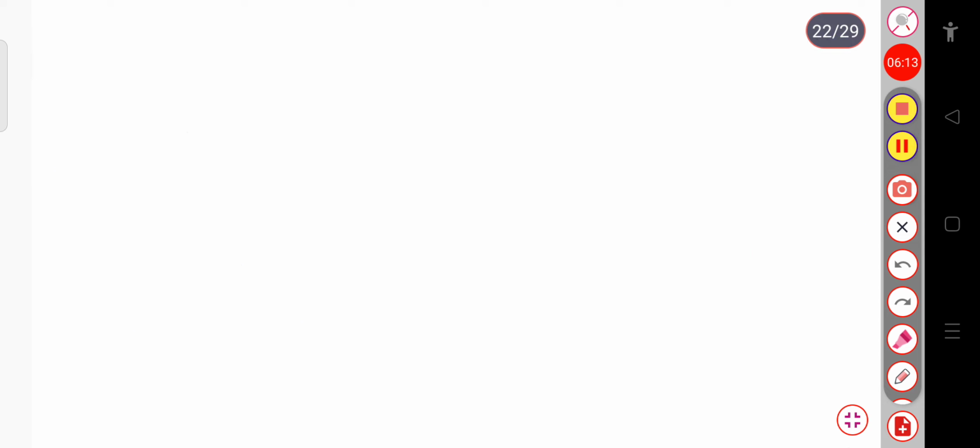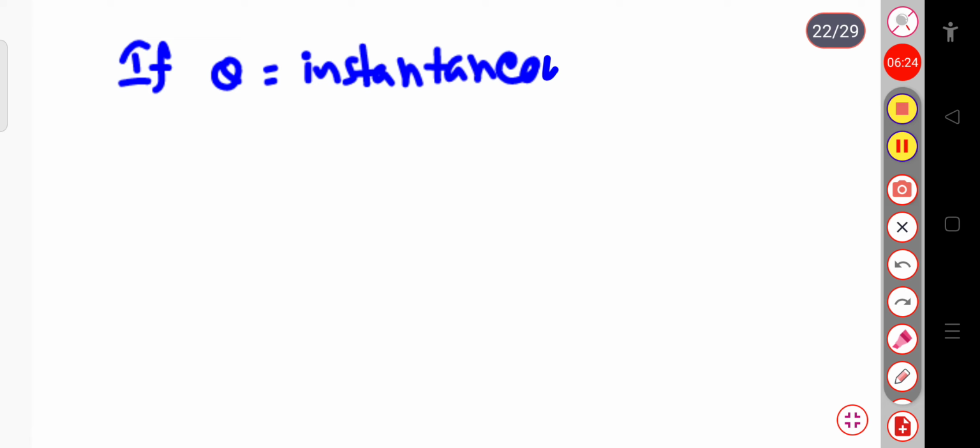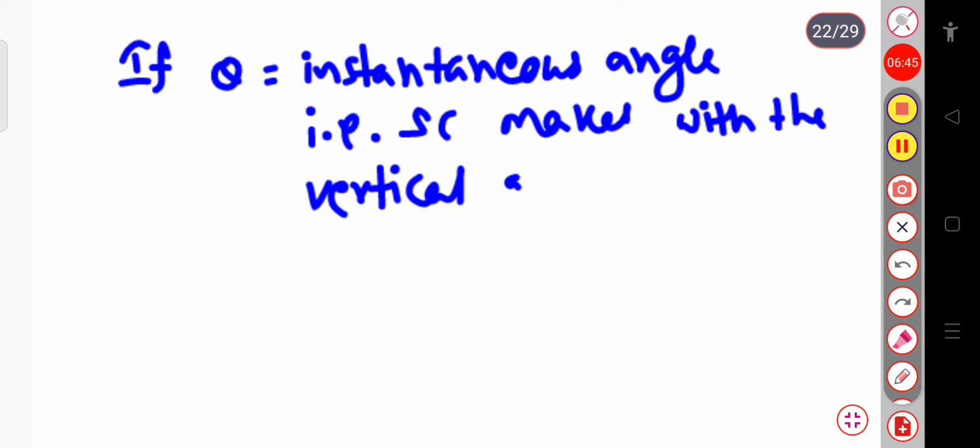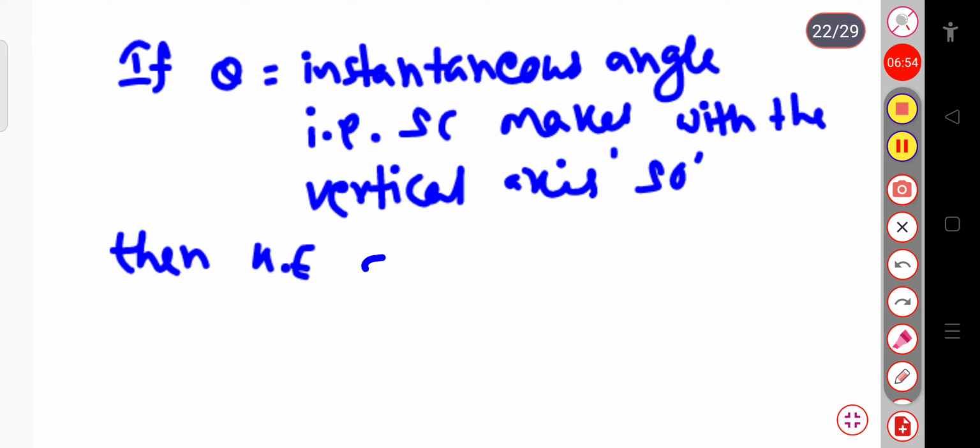If theta is the instantaneous angle that SC makes with the vertical axis SO, then the kinetic energy of the oscillating system